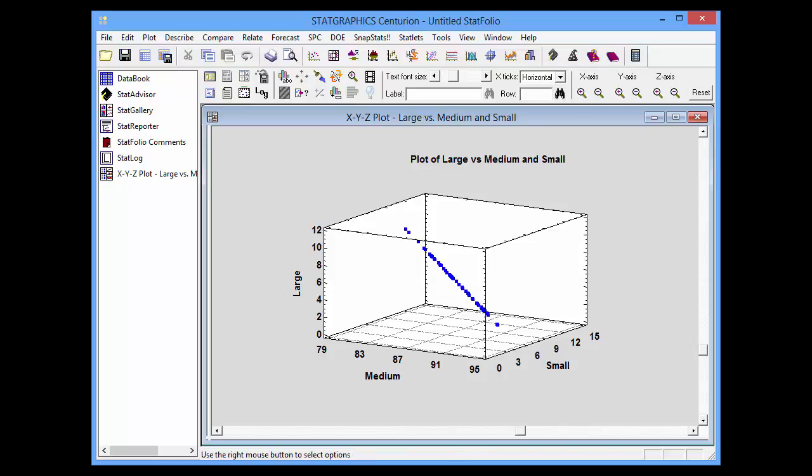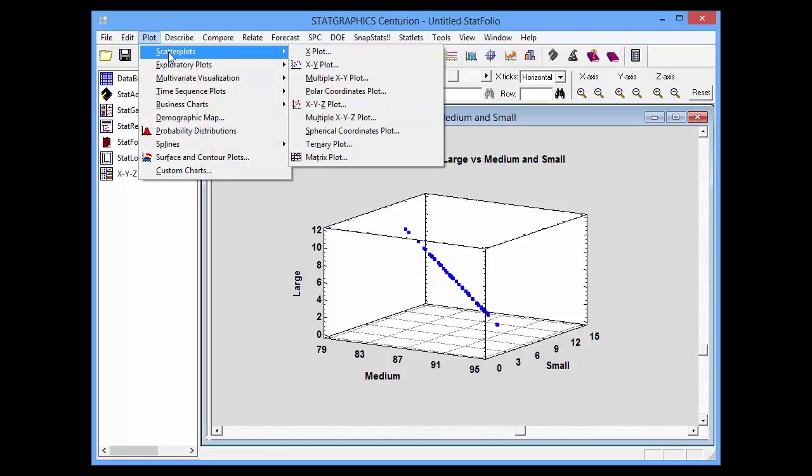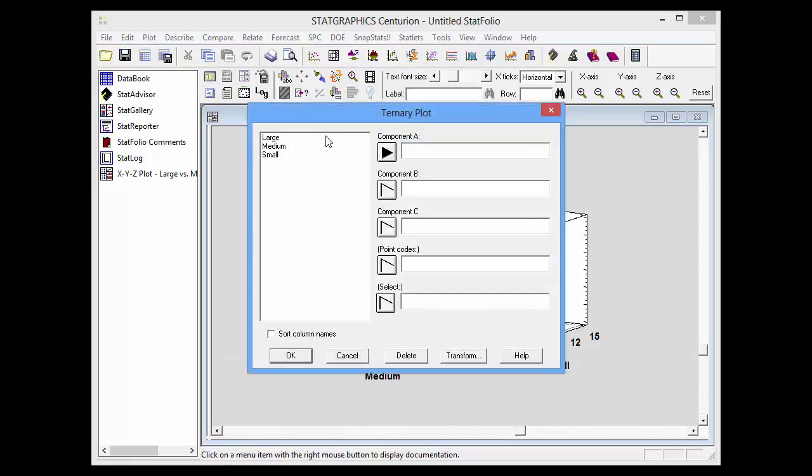Now let's create the ternary plot. I'll go back to the Plot menu to Scatter Plots, but this time select Ternary Plot. I'll make the large column component A, I'll make medium component B, and I'll make small component C. I could also specify a fourth column to code the points by, but in this case they'll all have the